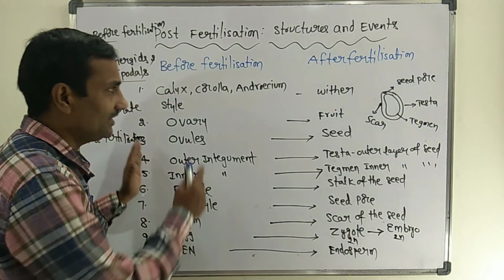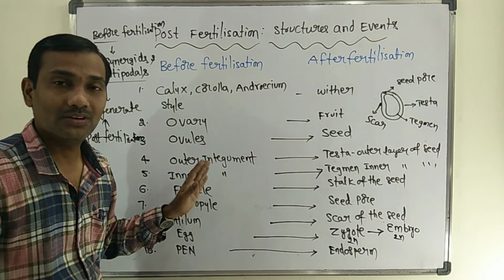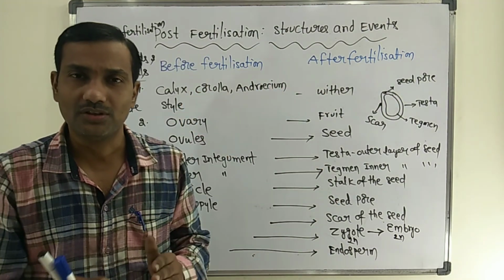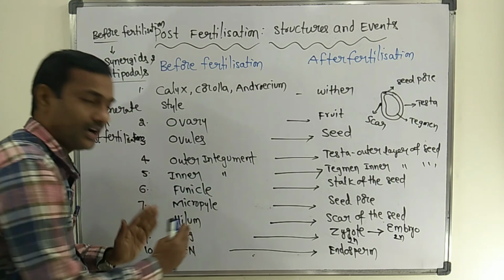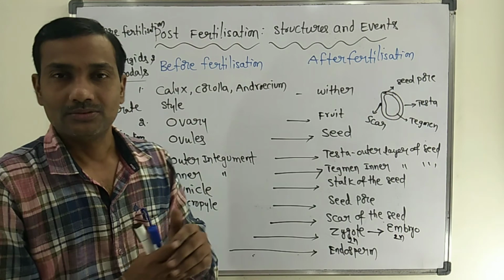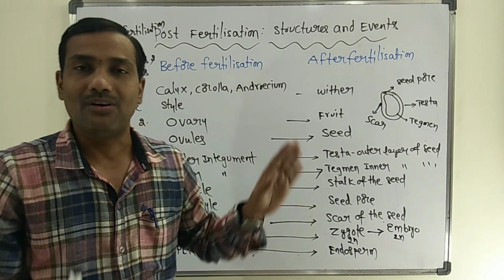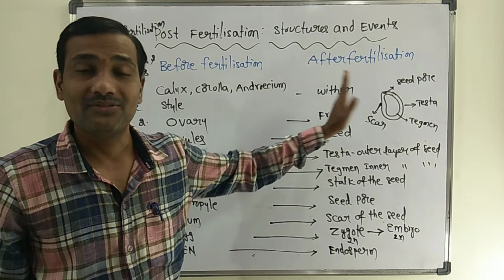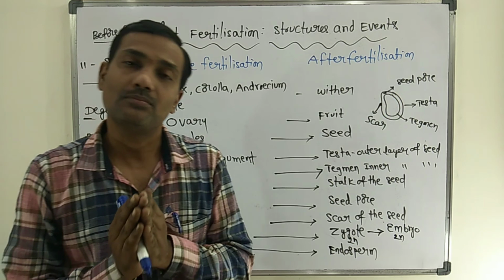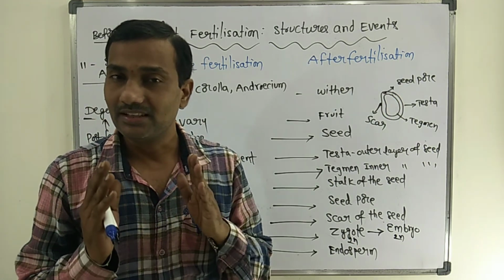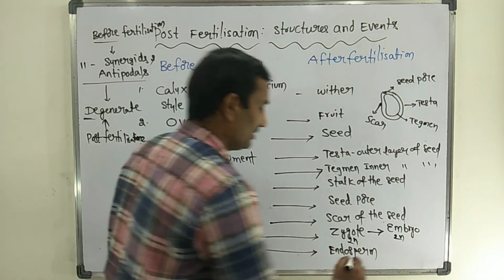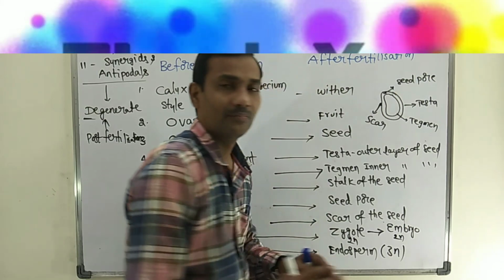See here, these many changes we can observe before and after fertilization. If you observe carefully, all these parts exist before fertilization, but after syngamy and triple fusion we cannot observe them. All these parts are modified and converted into different parts. So the fertilization process is very important, especially double fertilization, which helps in the formation of triploid tissue, that is endosperm, in all angiosperms.